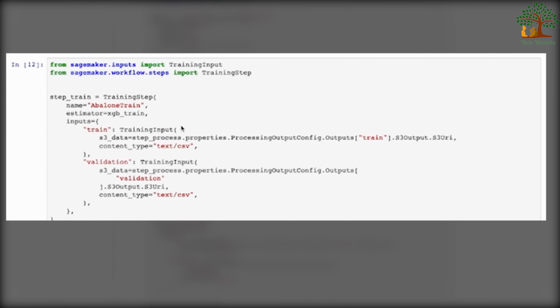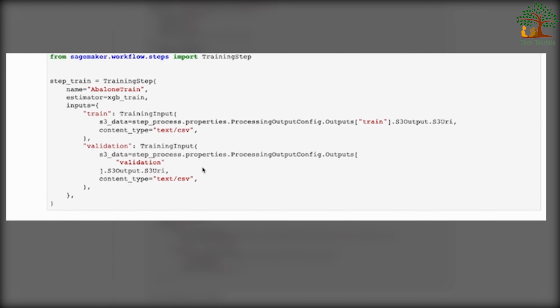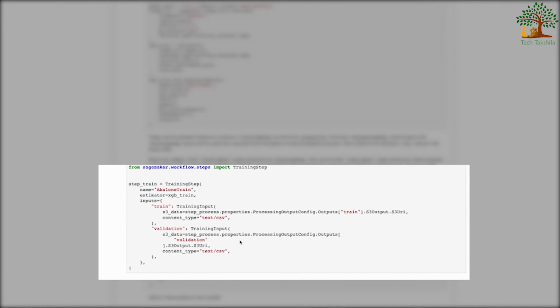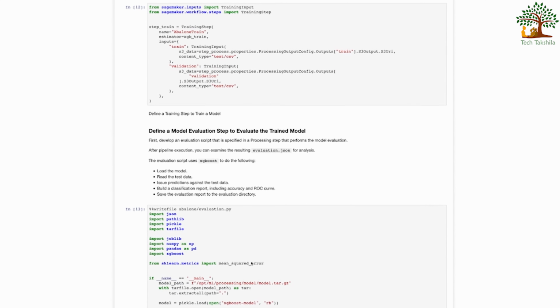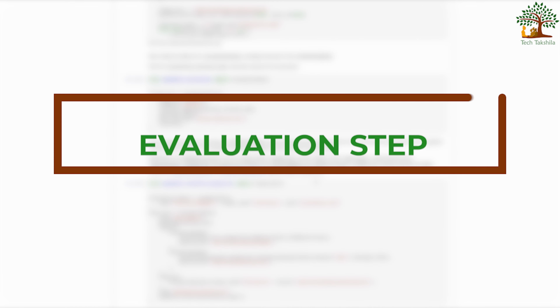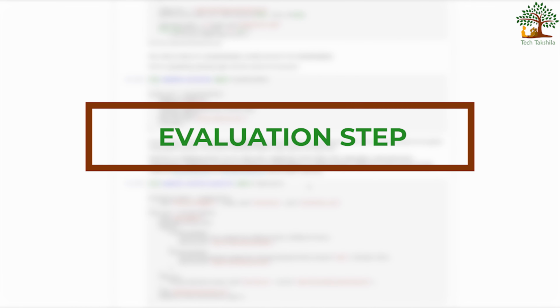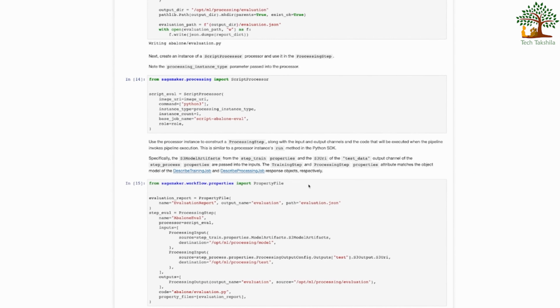Now let's try to invoke the estimator code from the training step. So here in the training step, we are calling the same object that we had defined above with the input parameters from the previous processing step. Here we are providing the input dataset and the validation dataset. So now after executing this step, we will get a trained model, but we are not done yet. We need to evaluate if this model provides high confidence predictions or not. So for that, let's configure the evaluation step as well that will evaluate the trained model.